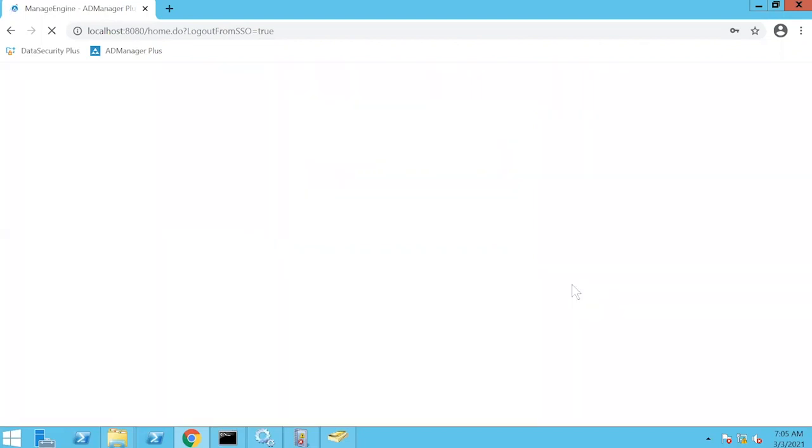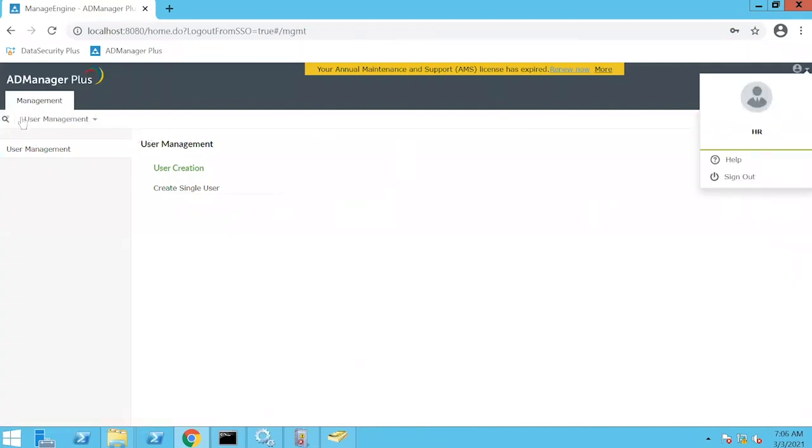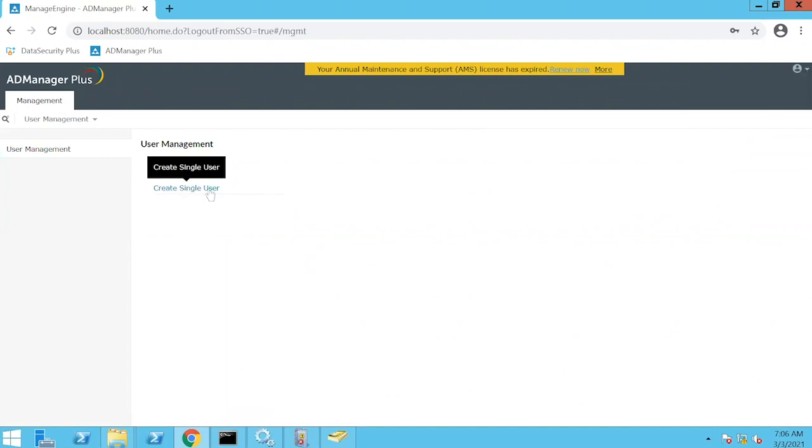Now, when I log in as the HR, you might see that there's a world of a difference in the user interface, okay? So as a HR, I don't have access to any other tabs other than the management tab. And inside the management tab, I do not have access to any other actions except for creating an account, okay? Now, when I go to create an account,